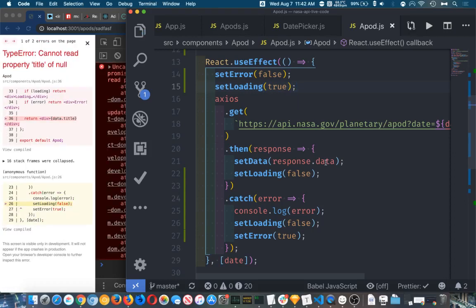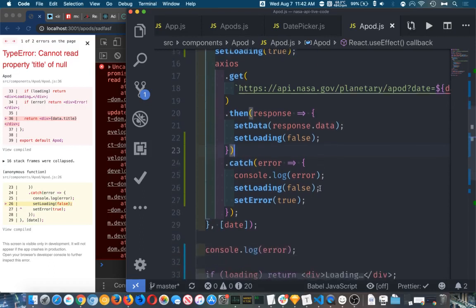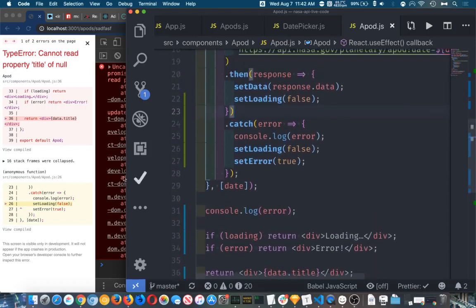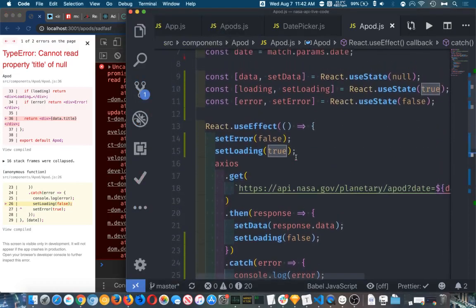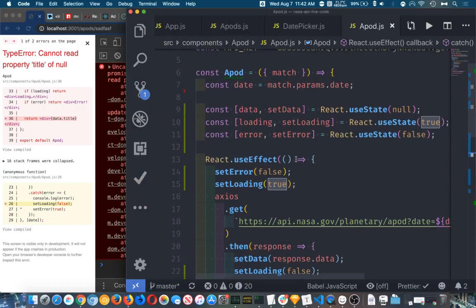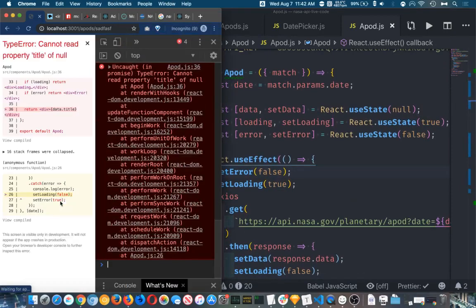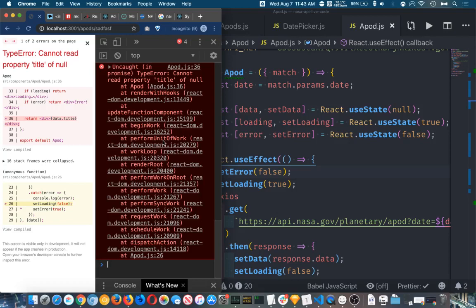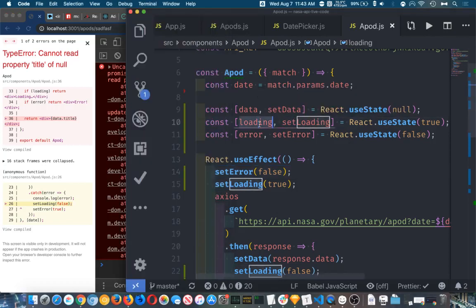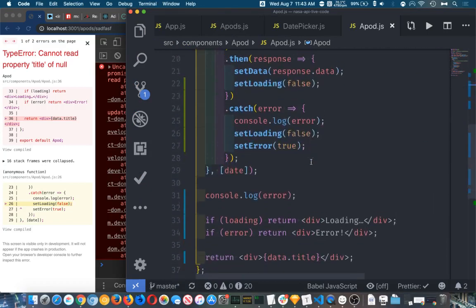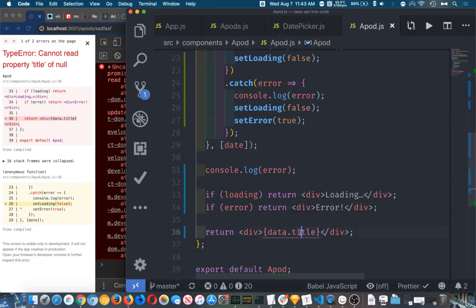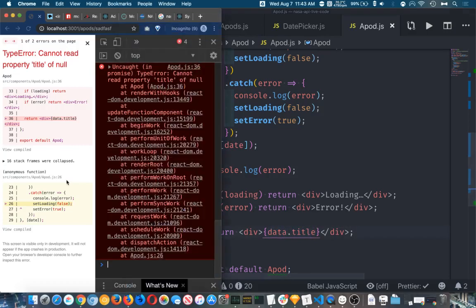Oh, there's a property of, hold on just a second. Cannot read title of null. Set loading is true. Oh, that's very interesting. What was your question? No, this is just using React useState again. I do. No, the interesting thing is